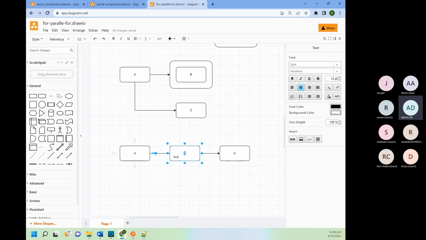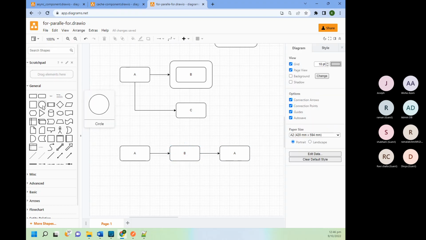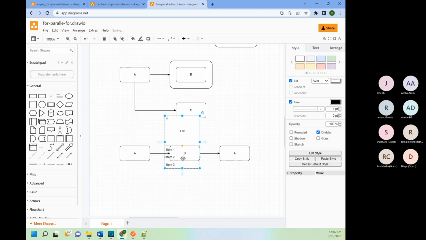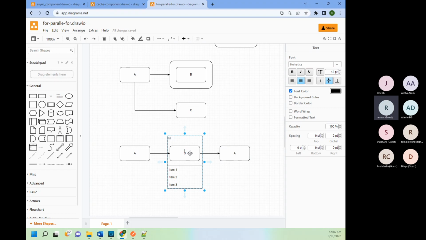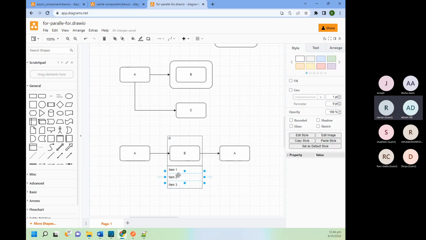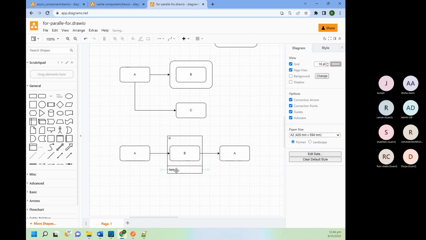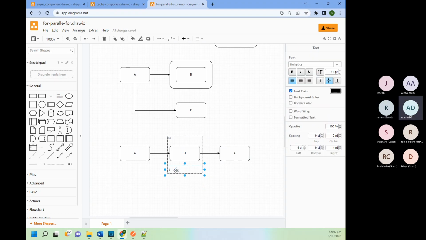But they mention this will be a sequential call only. Let's say we have a business case where we have to do sequential calls, but even if B fails, we will continue with C. In that case, we need to put B inside a try block, and here we will use on error continue.